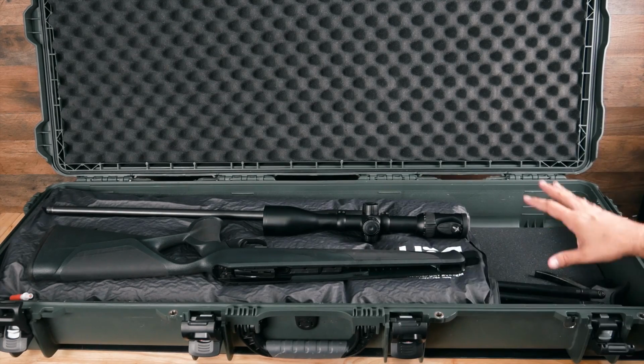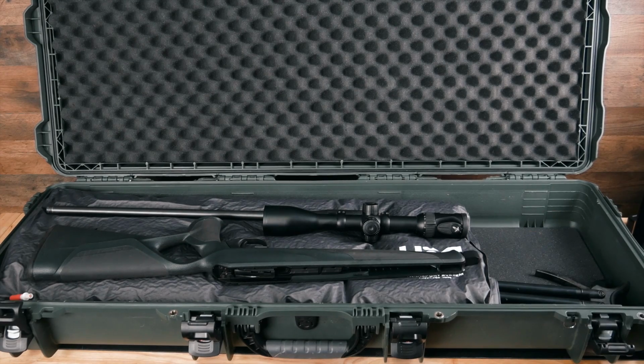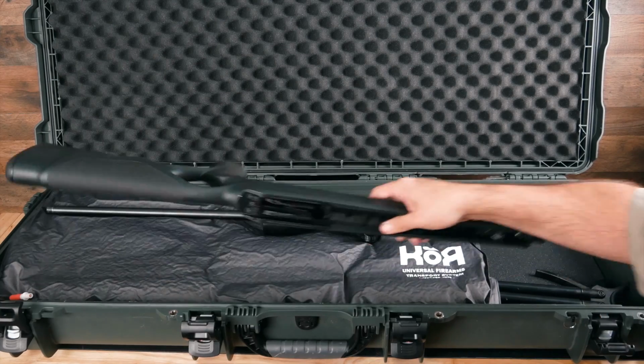Underneath this foam over here, I actually put my binoculars. The binocular case that I use is by TK Hunting. It's a great little case and it works really well. If you take the firearm out,